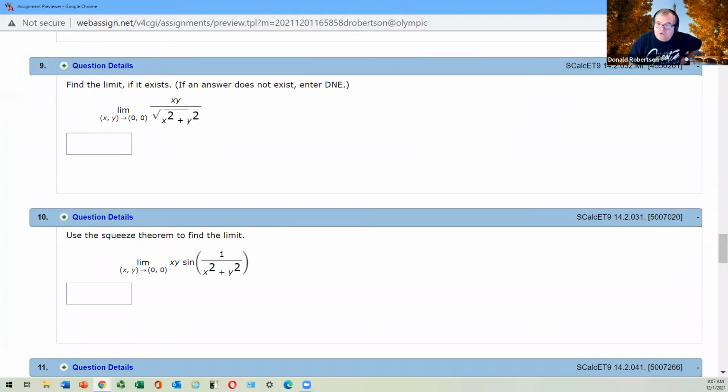I've just realized there's one question that I want to show you the working for, and then I'll go and look at the homework. And that is a guy called squeeze theorem. It's question 10. I believe it's the only one that asks you to use this technique. So we are going to find the limit as (x,y) tends to the origin, (0,0), and the function that we're going to do it with is xy times the sine of 1 over x squared plus